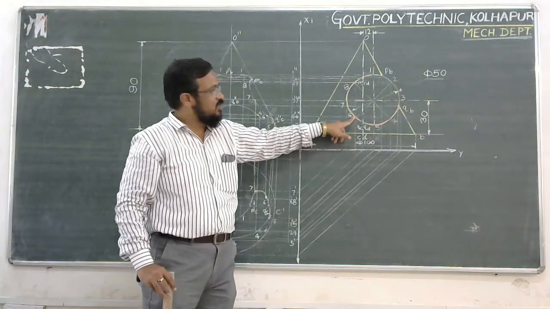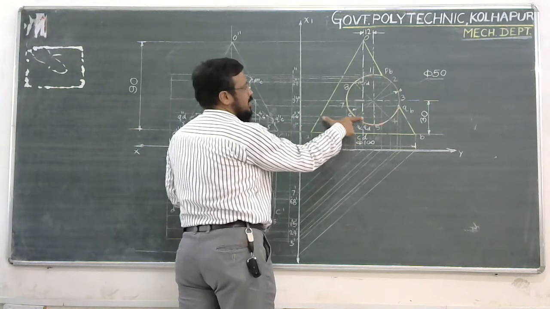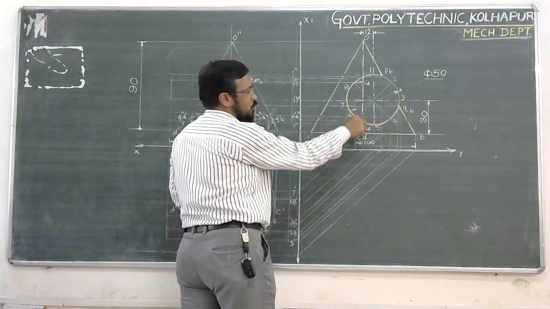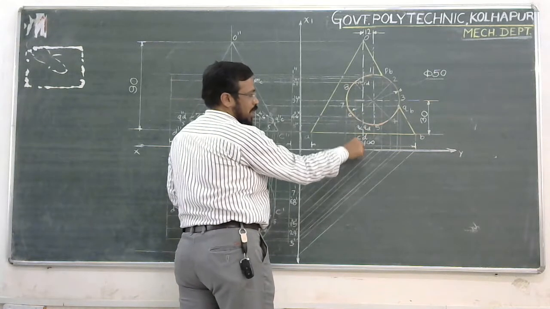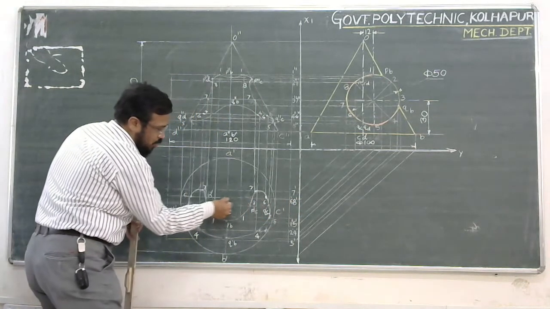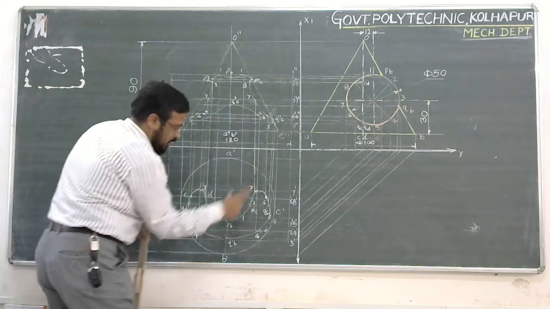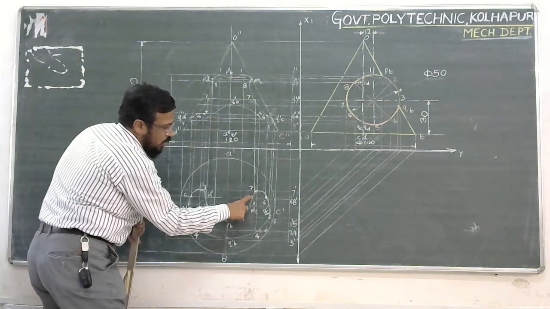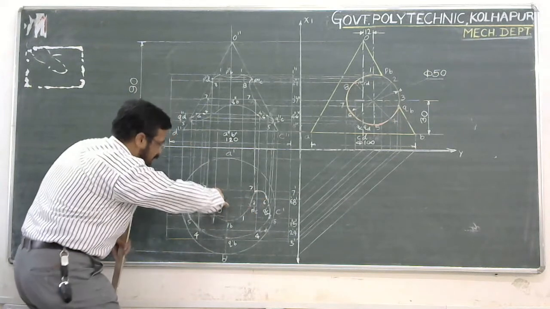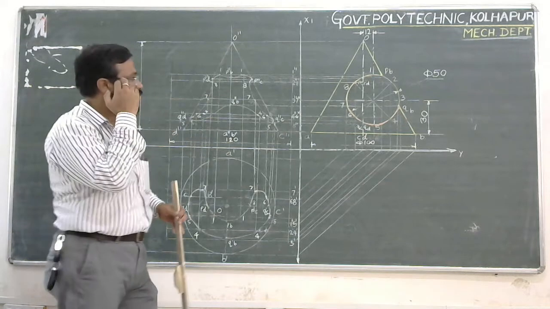For point number 6, again, what distance do you have to consider? The distance from the axis of the cone to the generator. You need to plot this distance on this projector, which is projected backwards from point number 6. This is the line. On this line, with center O, you need to cut that distance here. So you are going to get this point as 6, and here you get 6 dash. 6 is on the front, 6 dash is on the back.